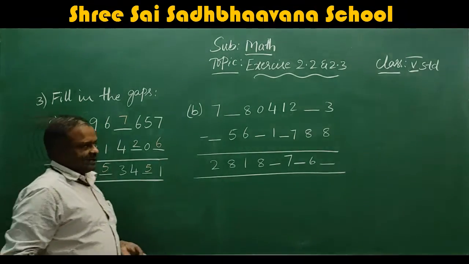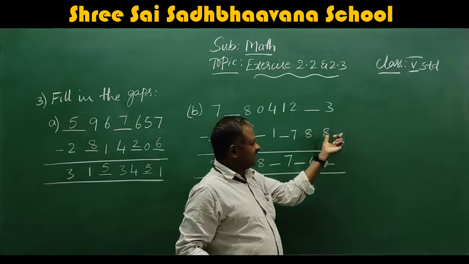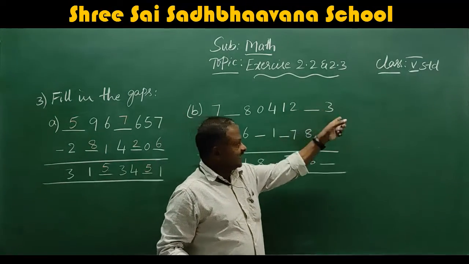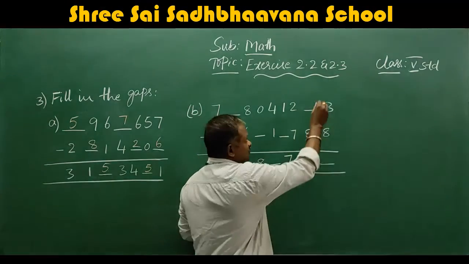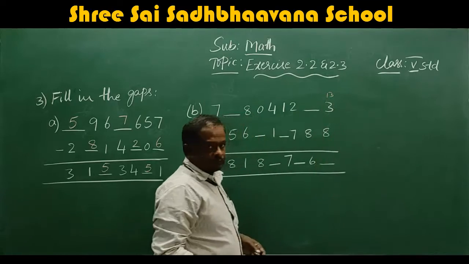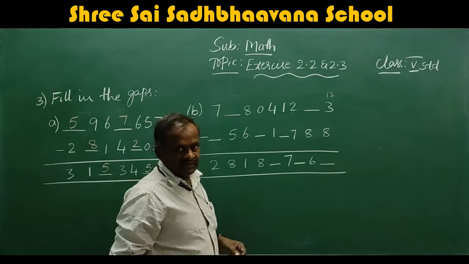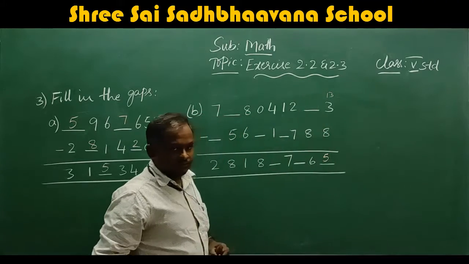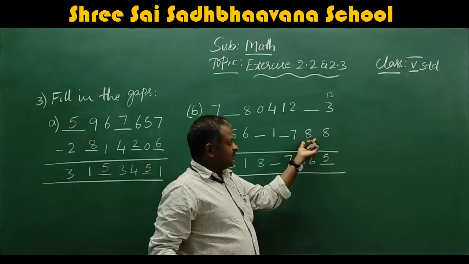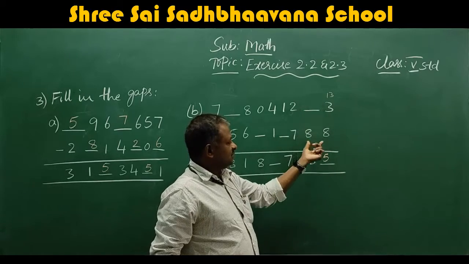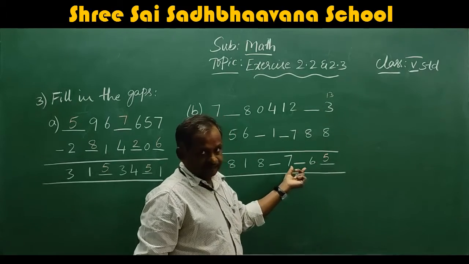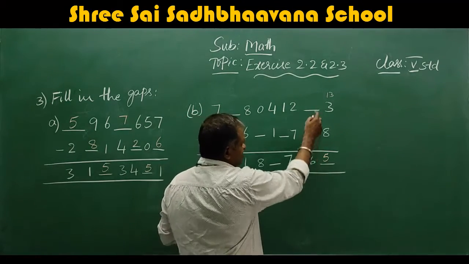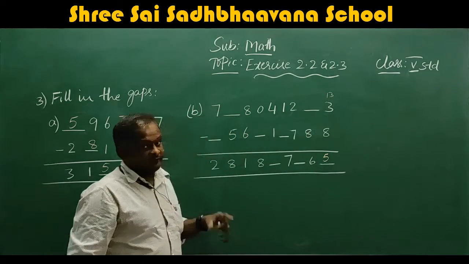Next we will move to the B problem. Here they have given 3 and 8. It is a bigger number, so what do you have to do? Take carry. So this should be 13. 13 minus 8, 5. 8 plus 5, 13. Okay. Here also a bigger number is there. So even if you write 9, it is not possible to get 16. So how much should it be? 8 plus 6, 14 plus 1, 15.